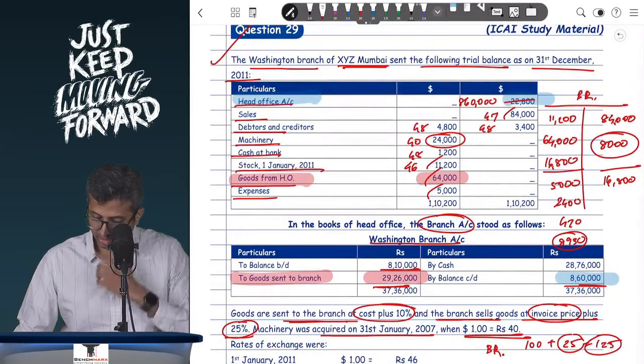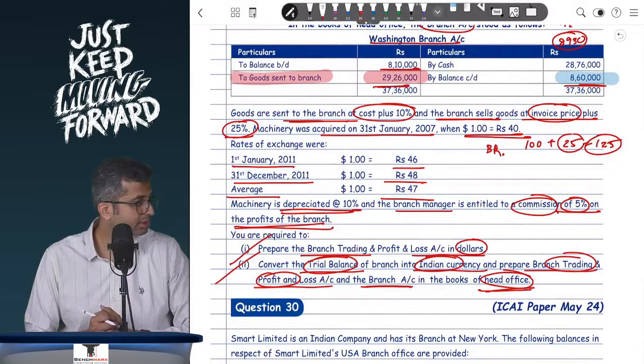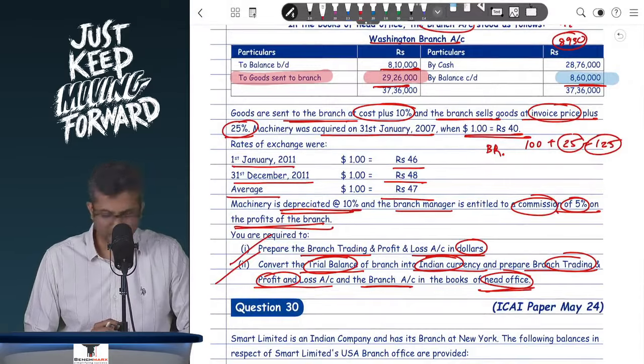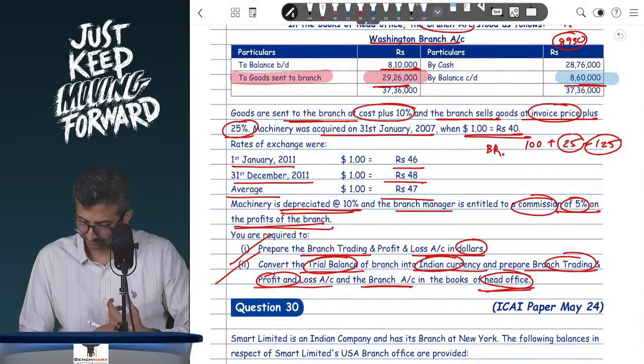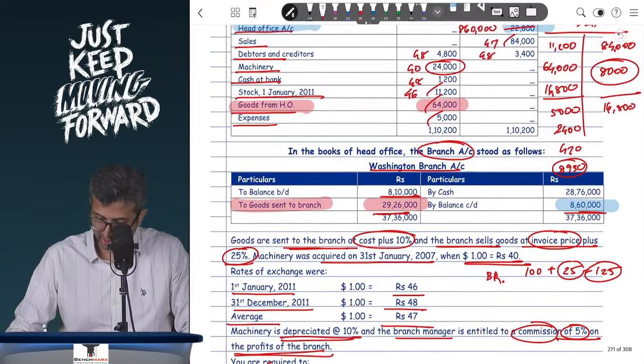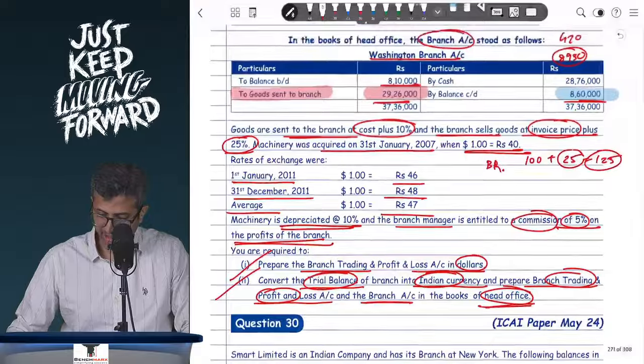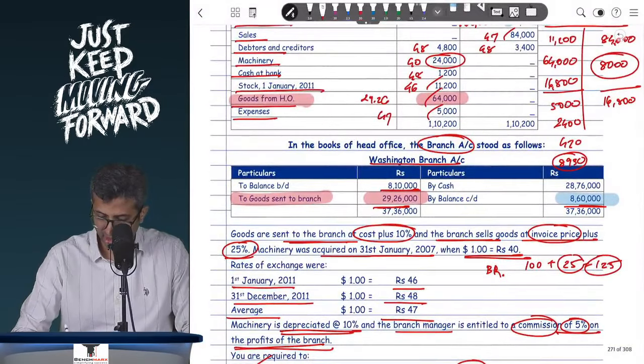Goods from the head office, how much is it? I believe this will be at 29 lakh 26,000, and your expenses over here will be at the average rate of 47. So if I review this,